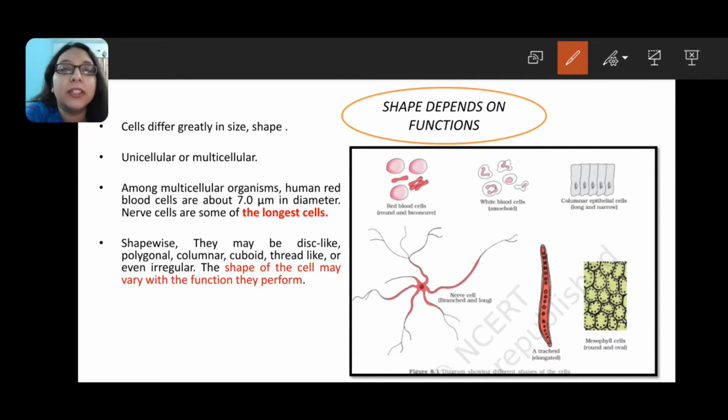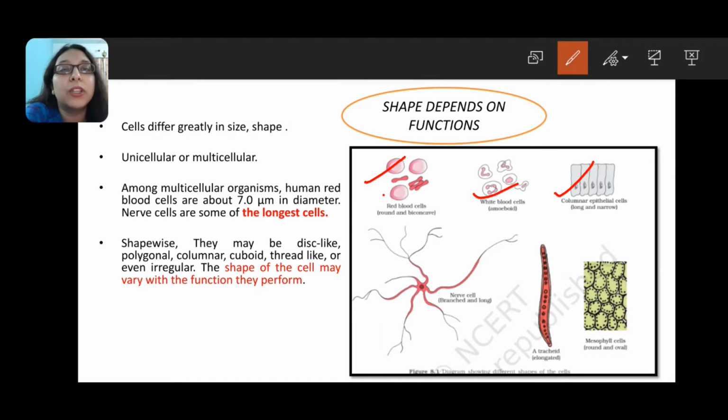For example, in eukaryotic cells, if we are talking about a red blood cell, then it is biconcave in shape. Why is it biconcave in shape? So that it can perform its function of oxygenation and removing carbon dioxide from the body. Okay, next we have the white blood cells. The white blood cells are irregular shaped. Then we have the epithelial cells. The surface epithelial cells are the skin cells basically. They have tall columnar shapes.